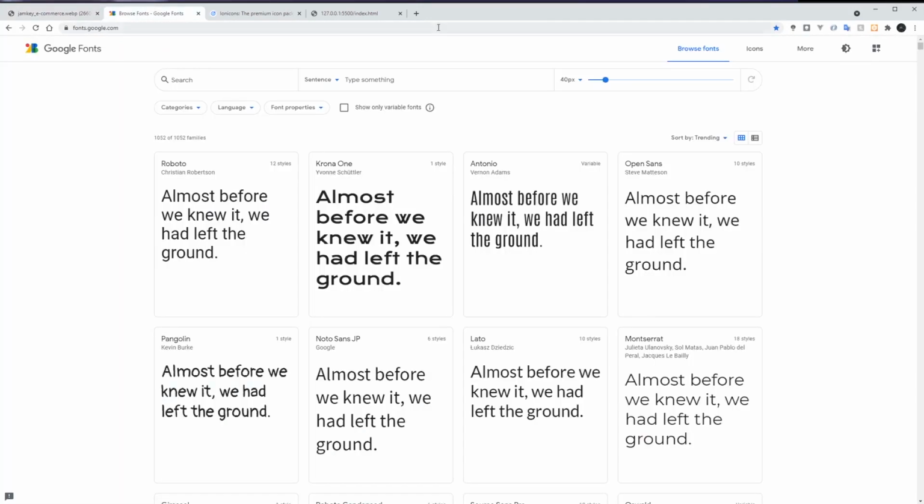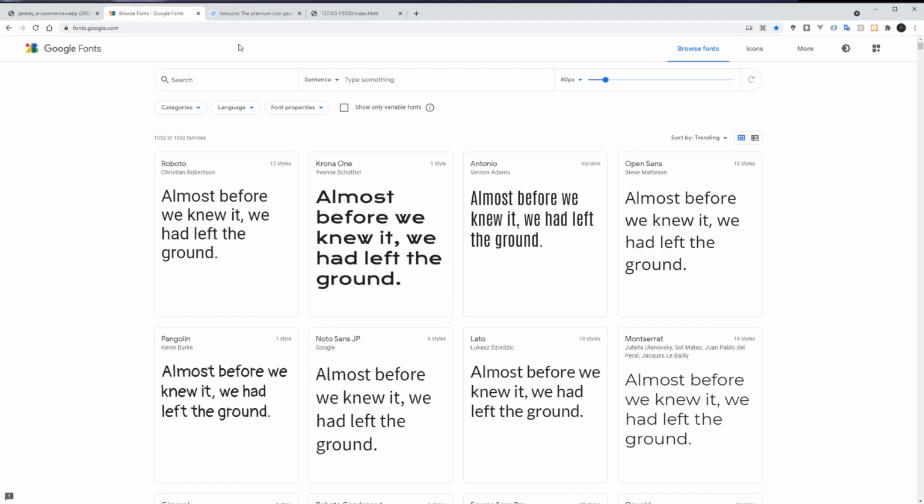So the first thing I want to do is select the fonts. To work with the fonts, just open Google Fonts here. I'll walk you through the fonts we need and the ones we need to select. I'll also share any link I use for this tutorial in the description of the video, so that it could be easy for you to access them quickly.